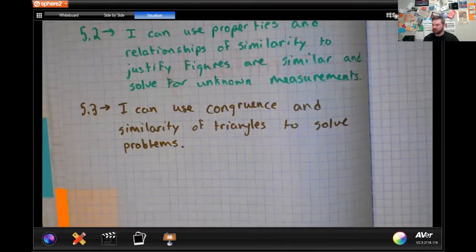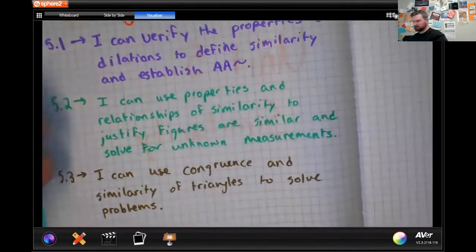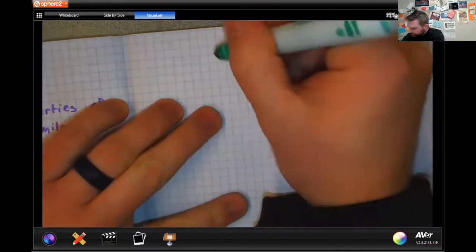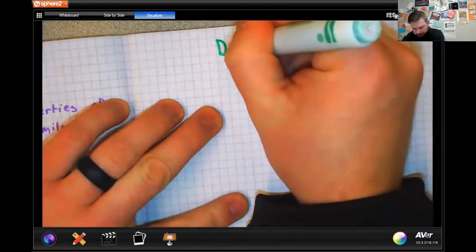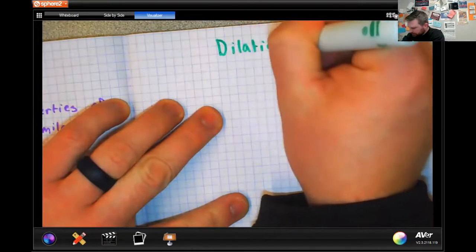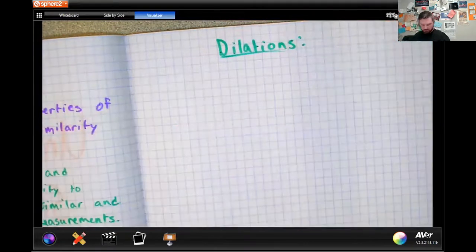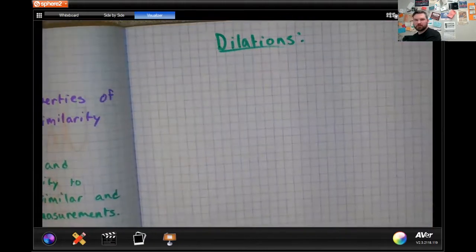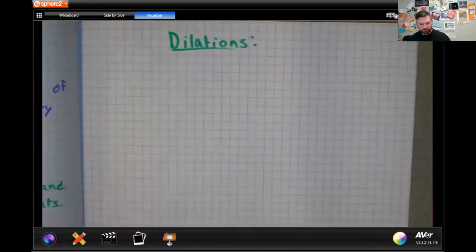Okay, so let's kind of get into this first learning target. The first learning target here talks about dilations. So on page 65, we're going to talk about dilations. This unit is rather small and fairly quick, so it won't be too long before we're taking the test on this unit. Okay, so what is a dilation? A dilation